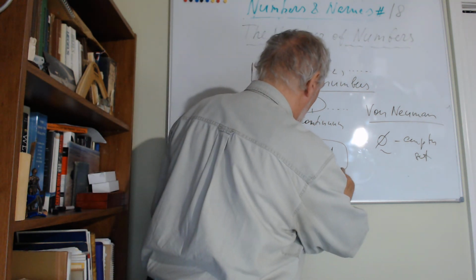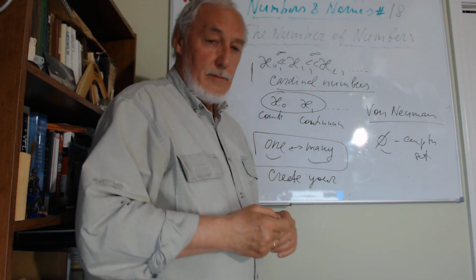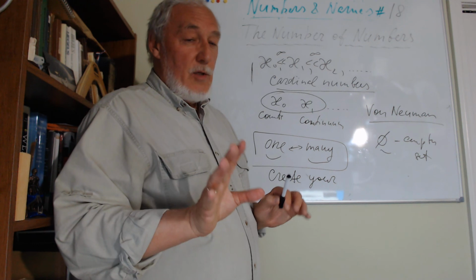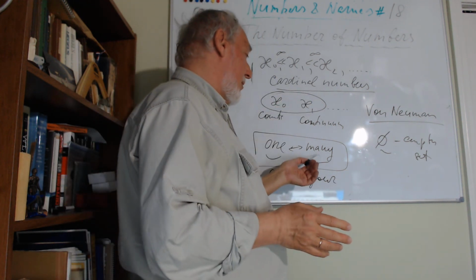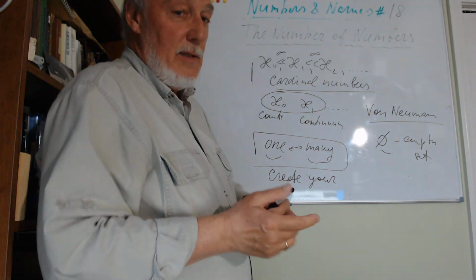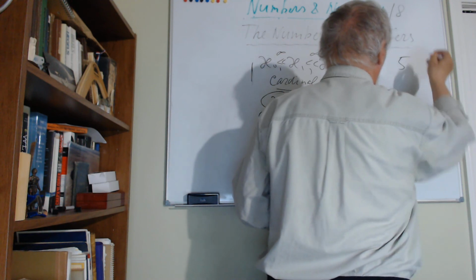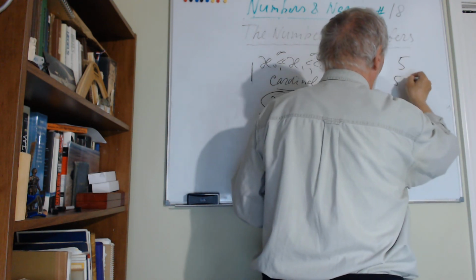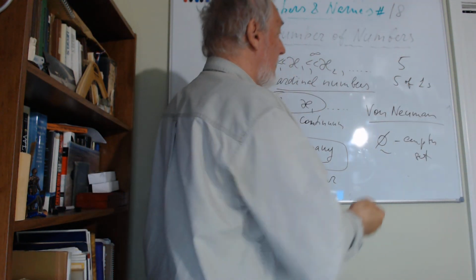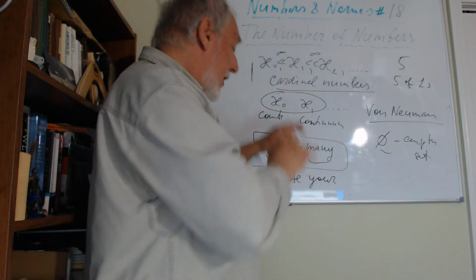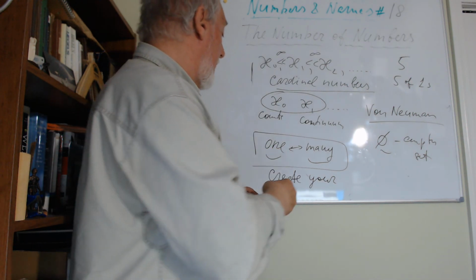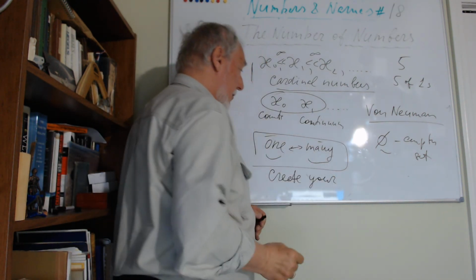I don't know what this means. One to many, what does this mean? You know what many means, right? You understand that it's connected with sets. Of course, many is very close to the set, but still, many is about numbers, right? Like for example, number 5, right? It's 5 ones. So 5 is many and one is one. So just think about it and try to create a paradox with these terms, one and many, based on these paradoxes that you know.